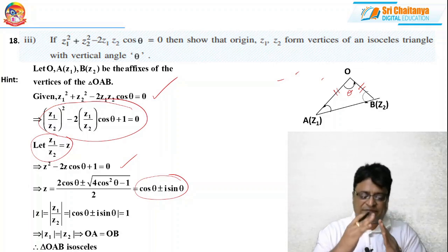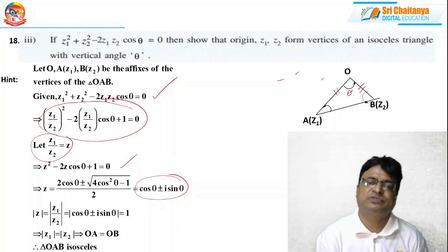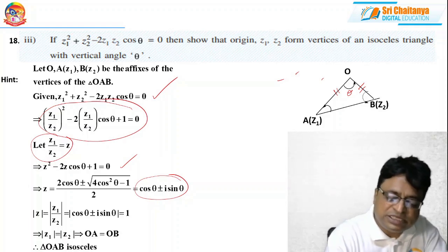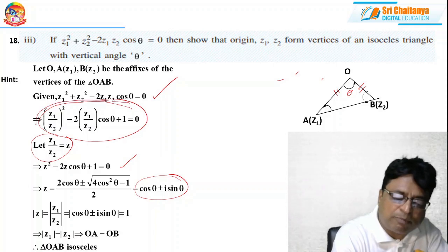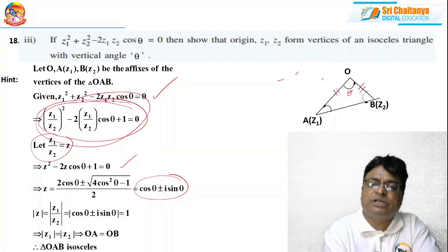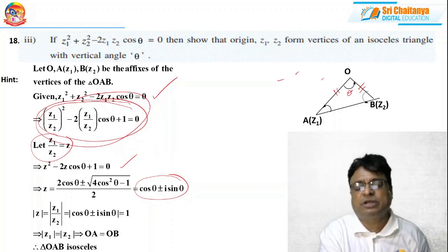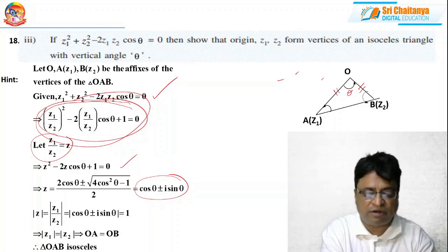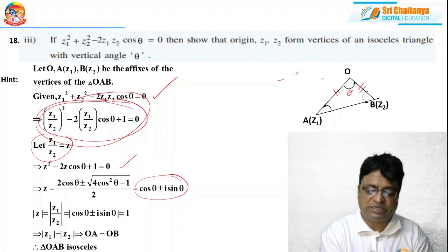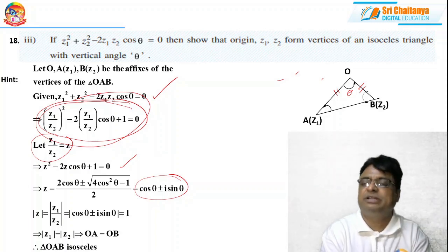Clear? Because if any two sides are equal, if I have proved it, that triangle becomes automatically what? Isosceles triangle. For that, this is the brilliant technique that I have applied. From the given equation, I divided on both sides with Z2 square, and I converted that into an entire equation, a quadratic in Z, and I got the complex number Z as